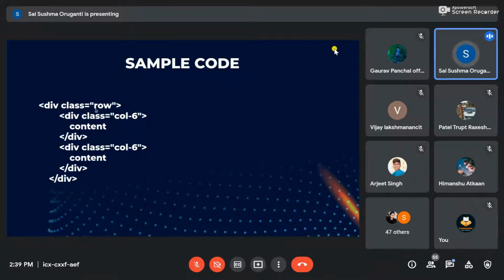We are dividing inside one row. See, this div has closed here, so this is the whole row. Inside this div, like inside this row, I'm dividing the row into two columns, one column and second column. One column is column 6 out of 12 parts. In 12, 6 is half, right? So up to the sixth part it displays one element, and the other sixth part displays another element. Inside this column we write our content, images, videos, whatever you want, you can display it here. So this is the sample code of a row.